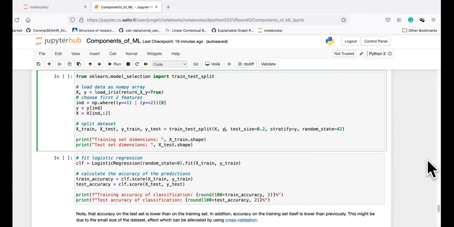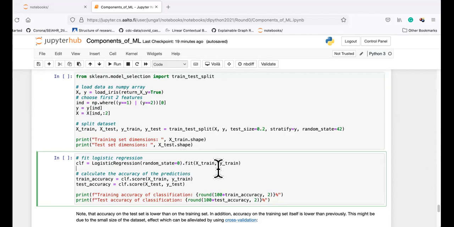Linear regression uses the same model as logistic regression. So what's the difference between linear regression and logistic regression? Both use the same model, so in which other components could they differ? Yes, in the loss function.